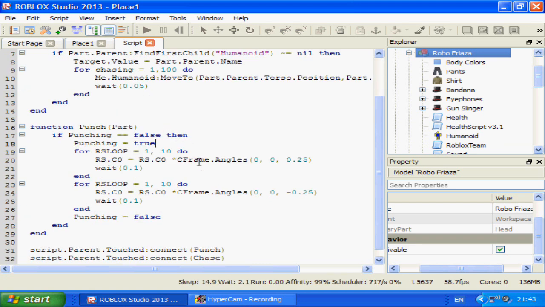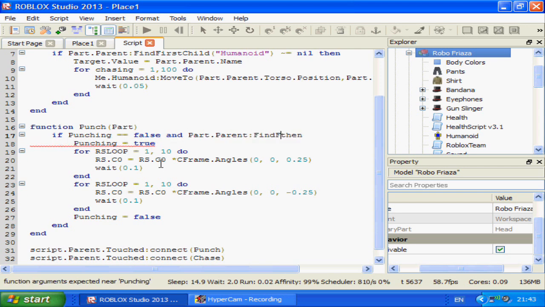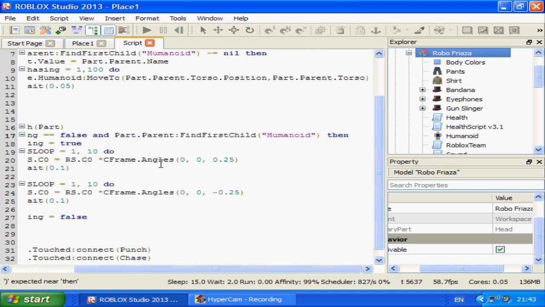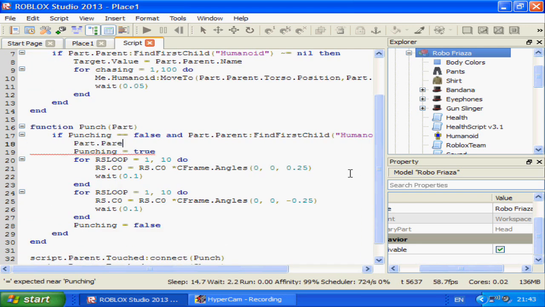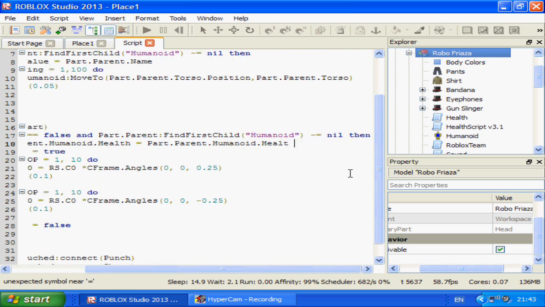Well, might as well add damage. And part.parent:FindFirstChild("Humanoid") is not equal to nil, then part.parent.humanoid.health equals part.parent.humanoid.health minus 25,